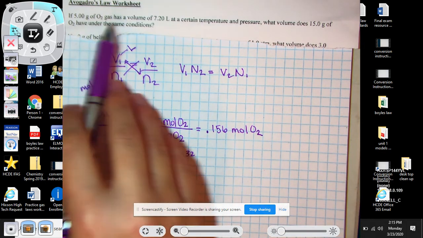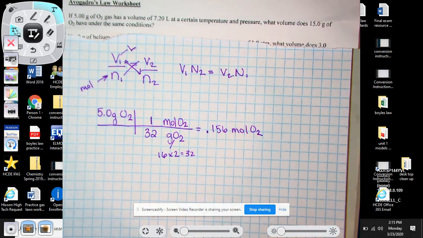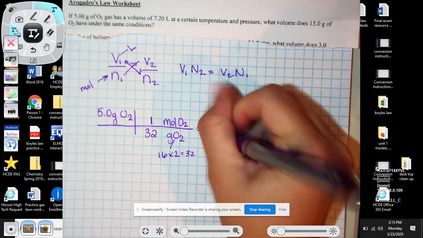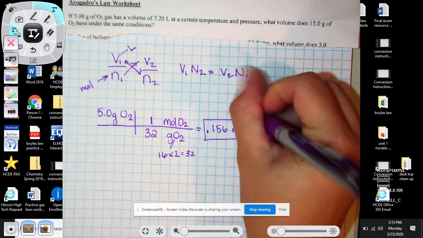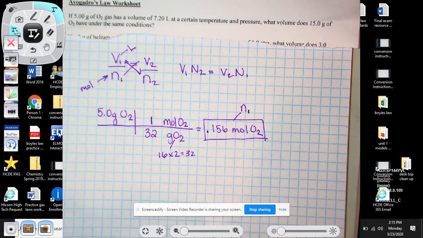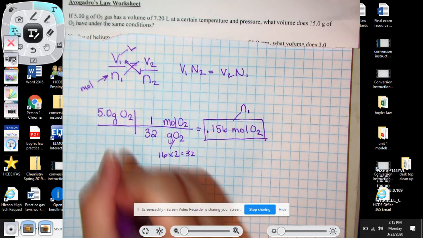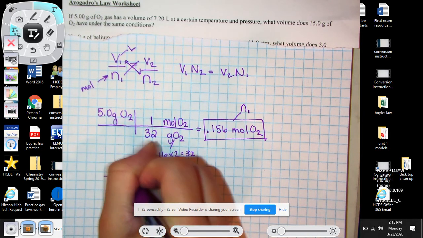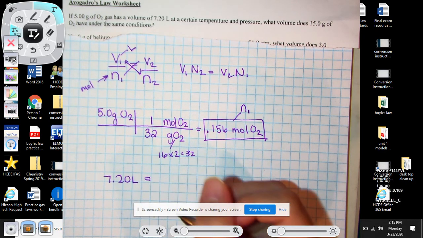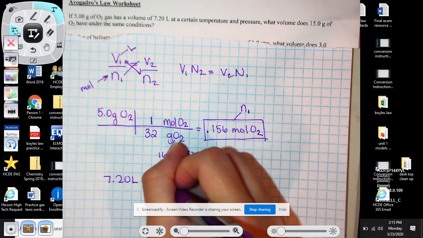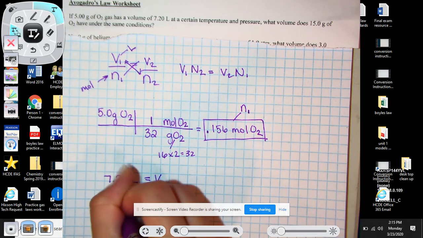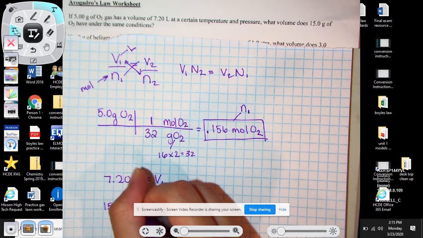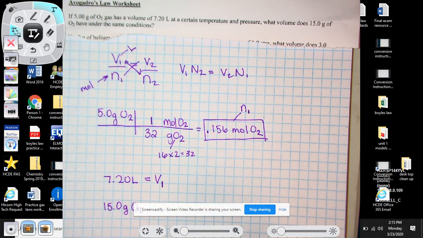All right, has a volume of 7.20 liters. Sorry, I meant to mention what this is. This is the first one listed, so this represents our number of moles, our N1. All right, and then here says 7.20 liters. It's the first listed, and liters is a volume, so that is our V1. At a certain temperature and pressure, what does 15.0 grams of O2 have under the same conditions? So this is your N2,